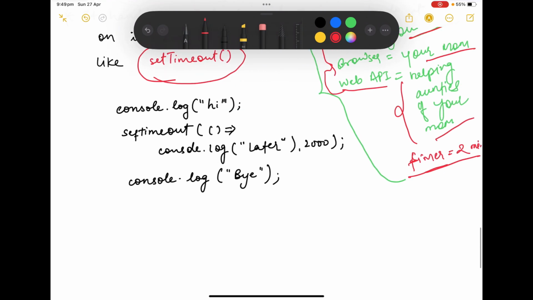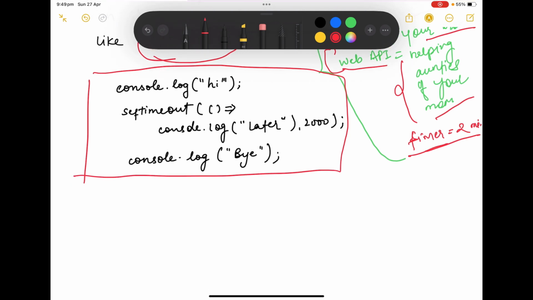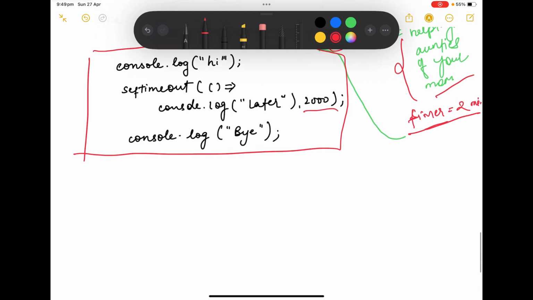Let's see it in this code. We have console.log high, then we have setTimeout for 2 seconds, where we are printing later, and then console.log bye. So how will it happen? First JavaScript will read console.log high and print high, then JavaScript will read setTimeout, then